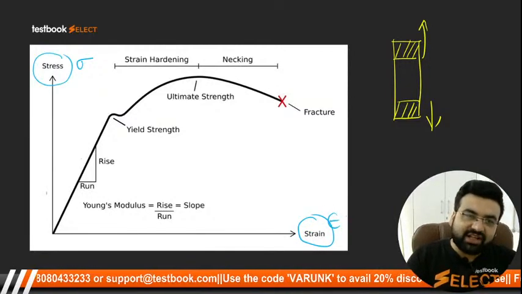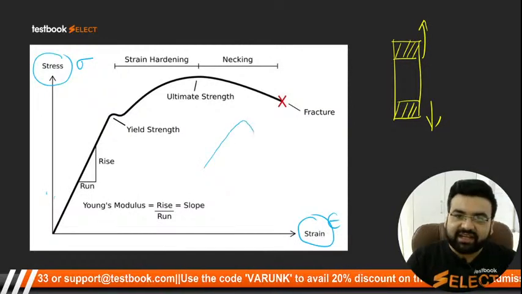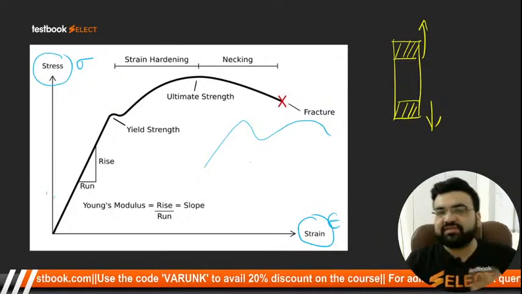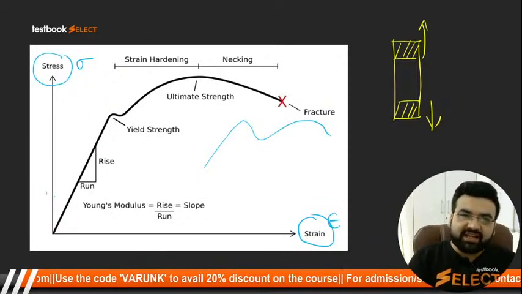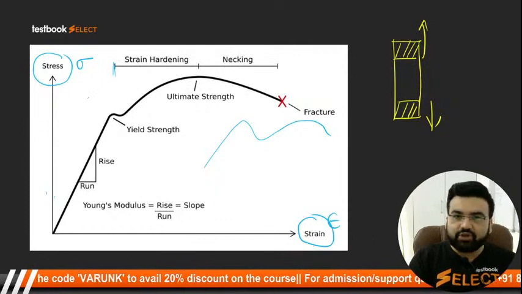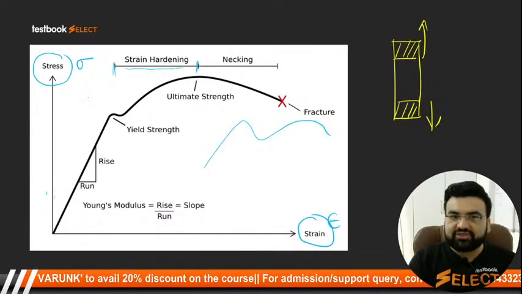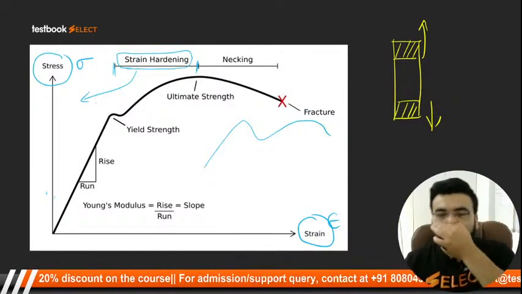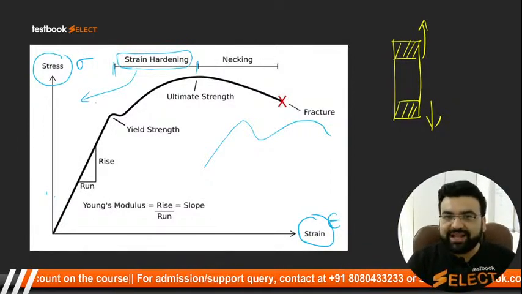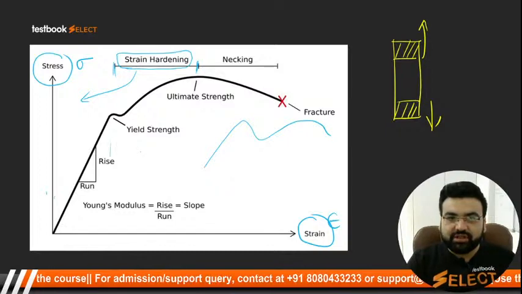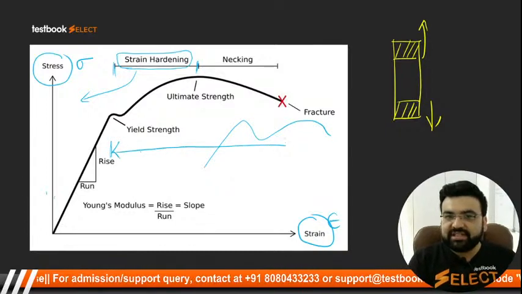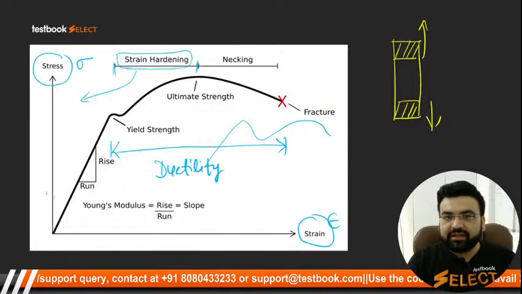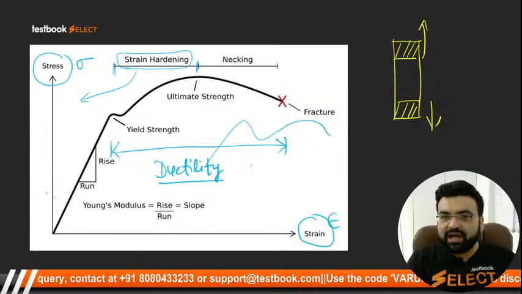ये कर्व ऐसा जाता कैसे है, फिर ये ऐसे आता कैसे है, ये मैं आपको अभी थोड़ी देर में सब बताने वाला हूं, बट आप ध्यान दीजिएगा ये आपका स्ट्रेस वर्सेस स्ट्रेन कर्व है। यहां से लेकर के यहां तक का जो जोन है आपका, this is called as a strain hardening zone. ये स्ट्रेन हार्डनिंग जोन क्यों पिक्चर में आता है ये भी मैं आपको बताऊंगा, clear। This is called as a necking, and from this position to this last one, this is called as the ductility also, ductility, clear।